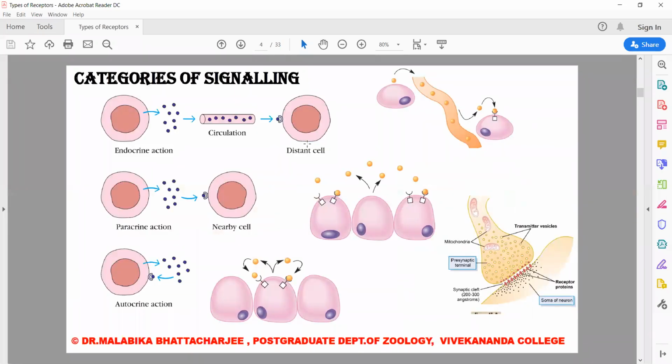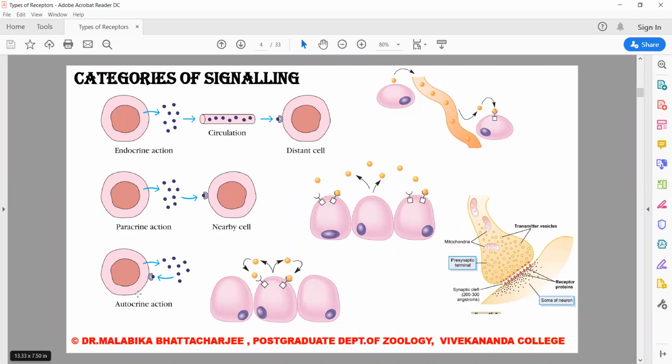So now coming into the categories of signaling. Let's first start with this picture, autocrine. Autocrine is a local signaling mechanism where the cell releases a stimulus and the cells which release the stimulus now upregulate receptors to receive those stimuli back. So these are the cells. They themselves are releasing the stimulus. They are also upregulating the receptors for the stimulus so that the receptors can bind with the stimulus and activate